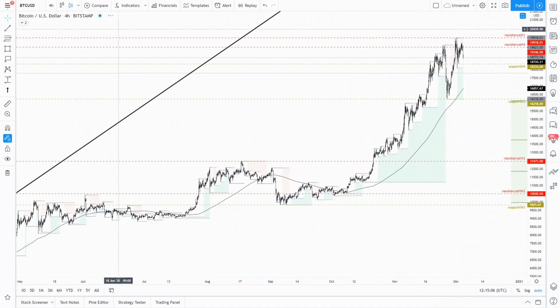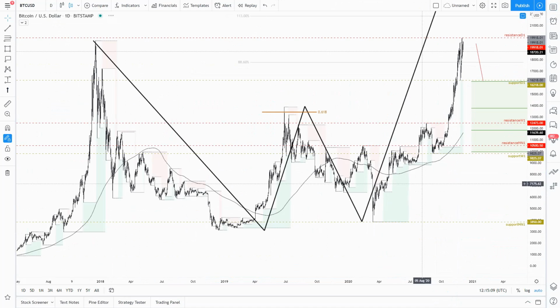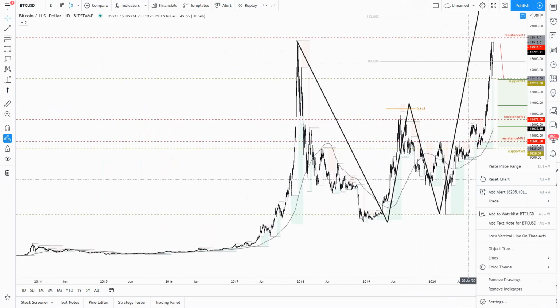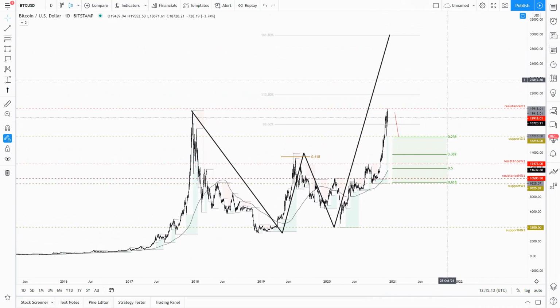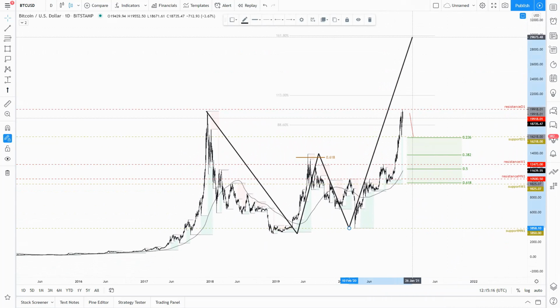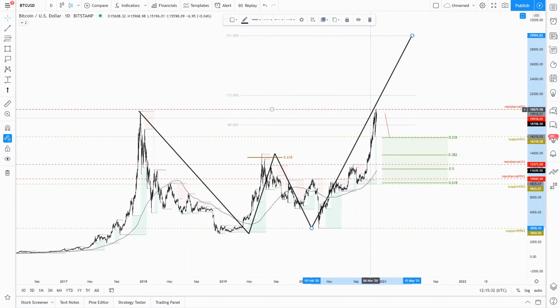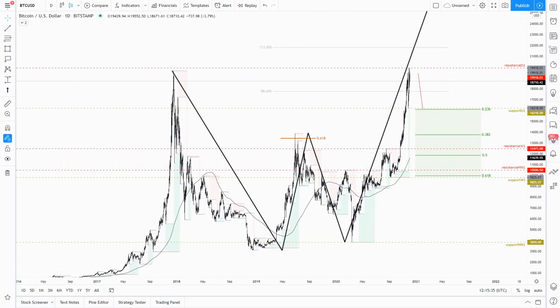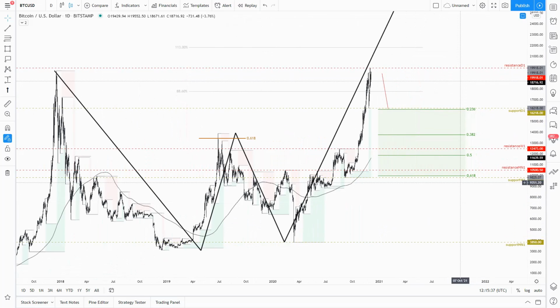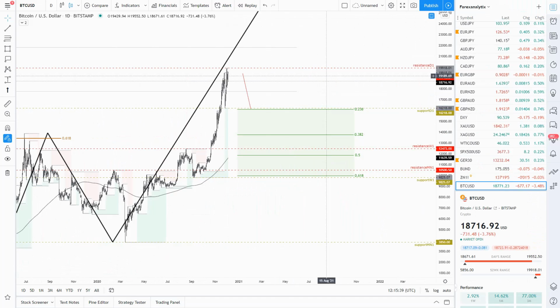Now, Bitcoin, I shared this also with some of you. We have patterns projected, actually at 30,000. So I will not be surprised to see Bitcoin at some point, on a mid-to-long-term perspective, being pushed to those levels. But first things first, we need to wipe out those previous historical highs, and the market is for now rejecting that idea. So let's see if it will fall or not from these price zones.